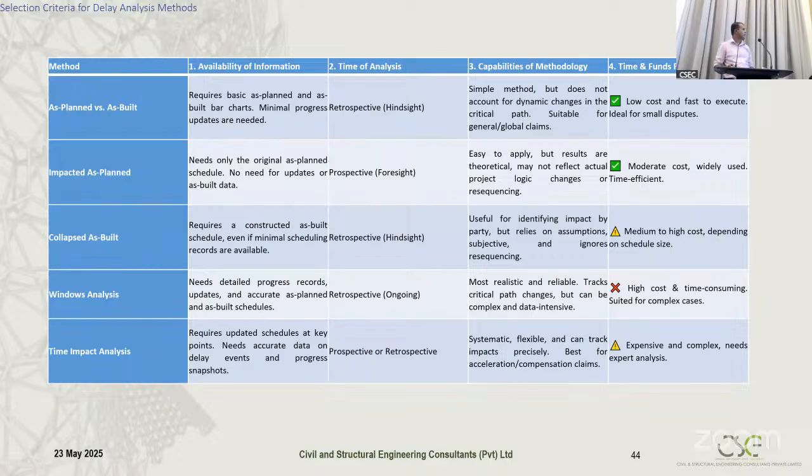Okay, this is a summary of all the explained methods. You can see there are 5 methods I have explained. There are some other methods, but they are not commonly used in the industry. And the availability of information and the time of analysis, it has been either after the project completion or project ongoing. And their capabilities, their advantages, and the resource requirements are highlighted and summarized here